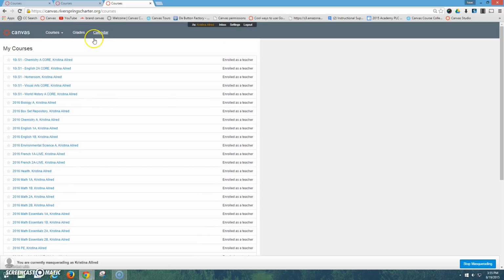Okay, and so 10I, again, the I is for integrated. So there are 5 main courses that go along with 10th grade integrated. You can see that it's integrating chemistry, English, visual arts, world history, and that all of those are being navigated through the homeroom. Further down in the list, this year for 2016, we have quite a few non-integrated courses that